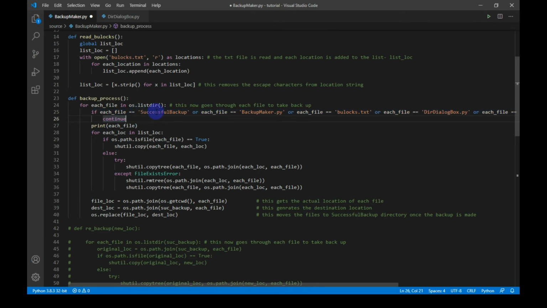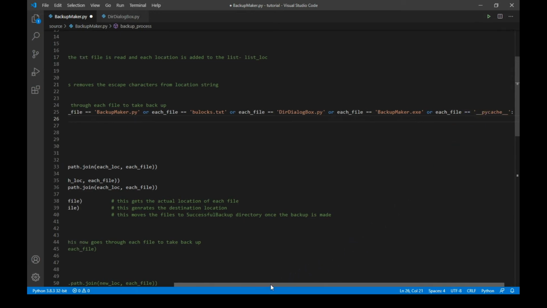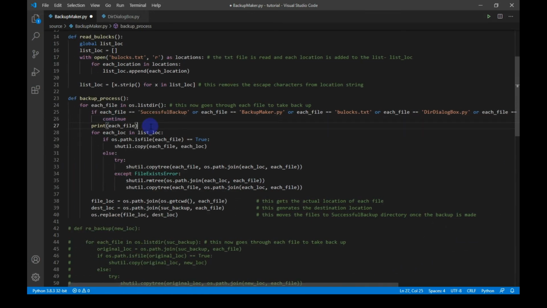These are the successful backup directory, backupmaker.py file, bullocks.txt file, dir.dialogbox.py, backupmaker.exe, and pycache. If each_file is none of the exceptional files, the program will proceed further.